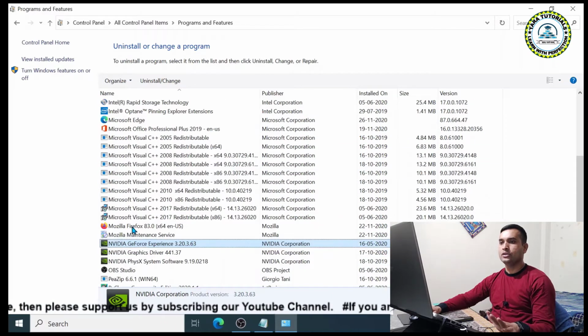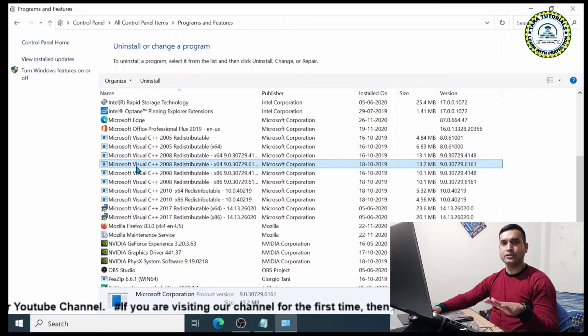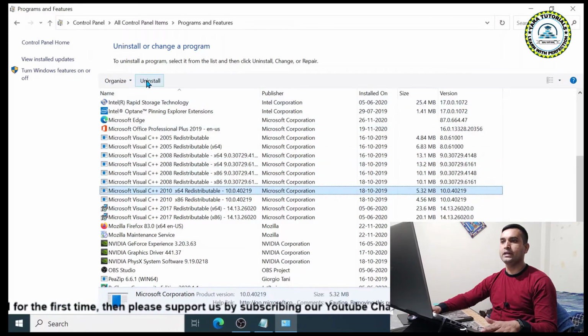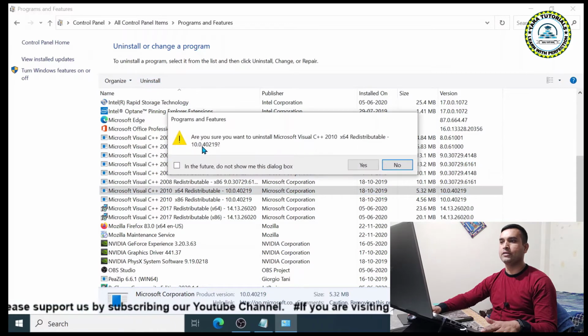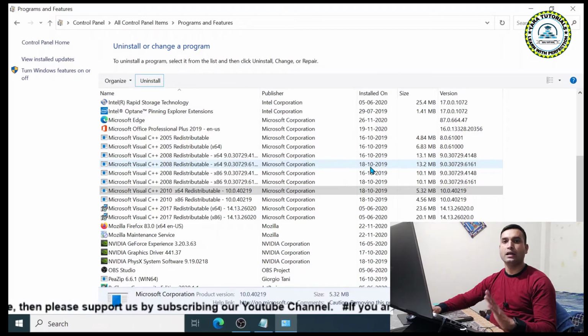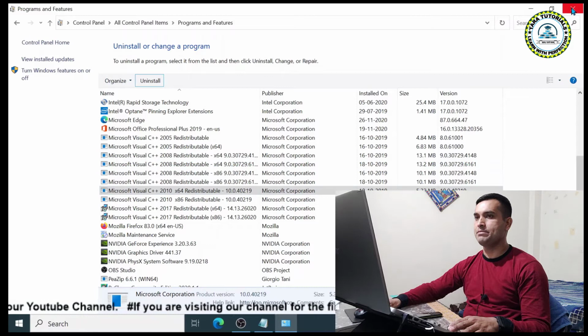Now if you are going to uninstall any software, then you just need to select the software and click on this button. It will ask you whether you want to uninstall this, and just click on the yes button. After a few seconds, your software will get uninstalled from the computer. But that's not over. Now you need to delete the data and other important related files from the computer as well. For that, what is the next step?